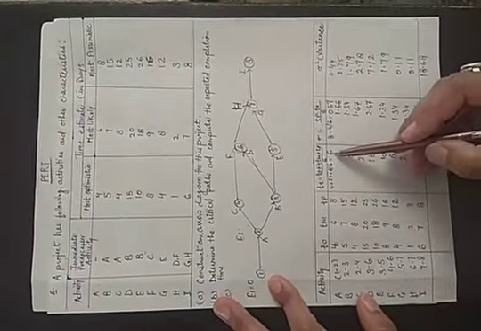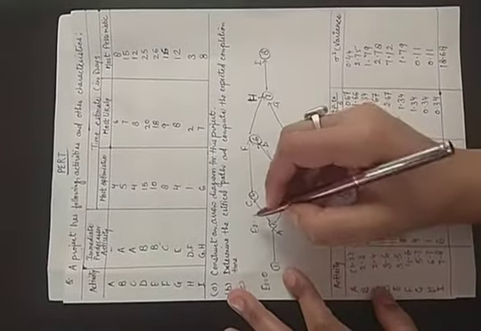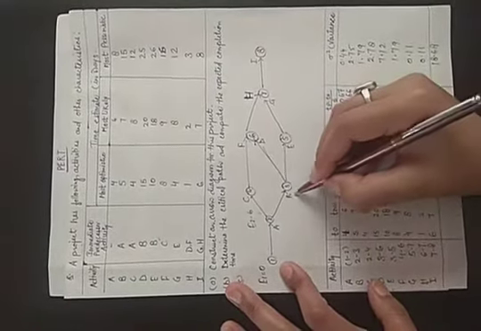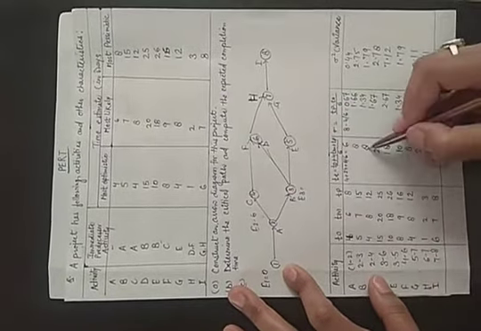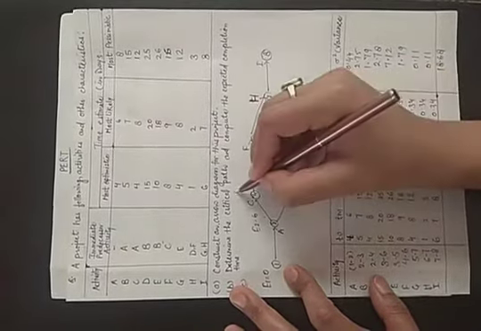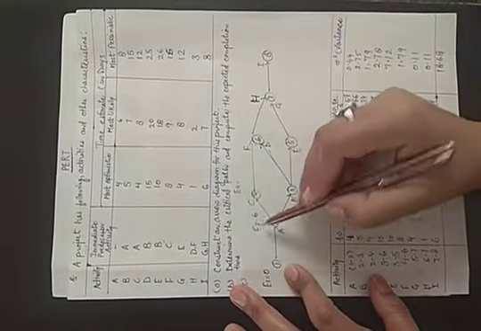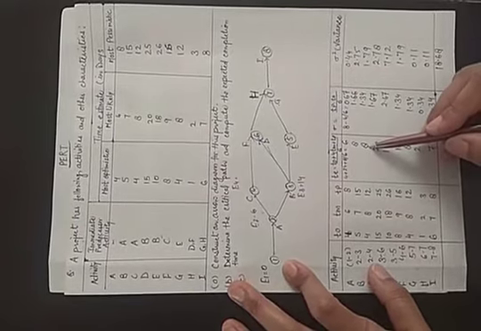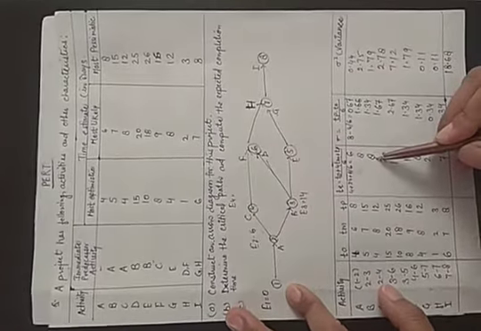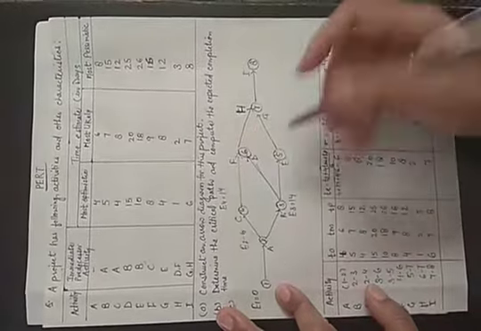E1 plus Tij, this is given here as 6. 0 plus 6 is equal to 6. Next is E3. E3 is E2 plus Tij, 6 plus 8, that is equal to 14. Next comes E4. E4 is E2 plus T24. How much time does 2 to 4 take? That is 8. So 6 plus 8, that is equal to 14.